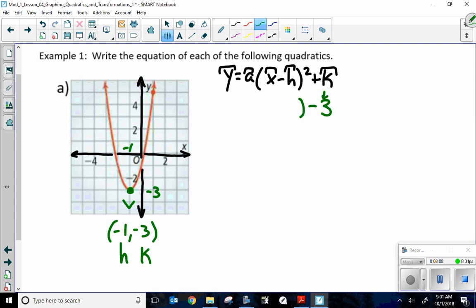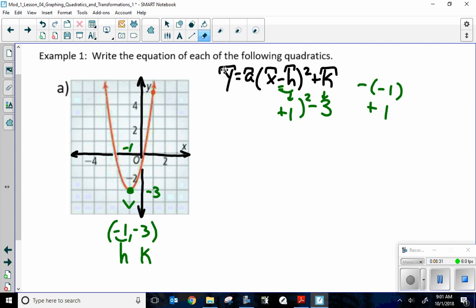But let's not forget, my h always has to flip, right? When I put something in parentheses, I have to flip the sign, just like if I were to take it out. So instead of having -1 here, that goes in this +1. How else can I think of this? Well, I'm technically subtracting -1. That's why I would turn to +1. Okay, I am subtracting the -1. But if that kind of confuses you, which it shouldn't, you should be okay with that. Just know, anytime something goes into parentheses, you flip it. Anytime it comes out, you flip it. All right? So,